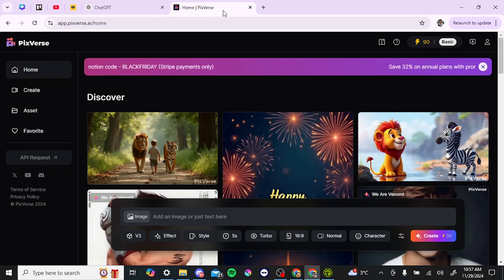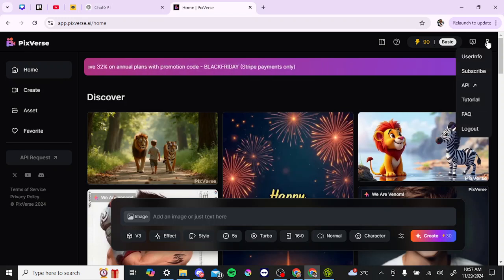Hey everyone, in this video I'll show you how to change the language on Pixverse AI. In order to do so, first off we're going to go to app.pixverse.ai, make sure that we're logged in. And if you look at the top right hand corner, you'll find the account icon, and then from here, if